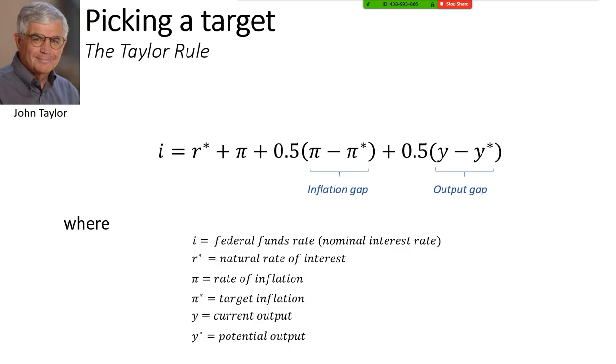Okay, so last time we spoke, we talked about the Fed using open market operations to target the federal funds rate. But we really didn't talk about what that rate actually is. Is the Fed aiming for an 8% rate, a 6% rate, and how do they decide what that number is? So in 1993, a professor of economics at Stanford named John Taylor, whose picture is here on this slide, came